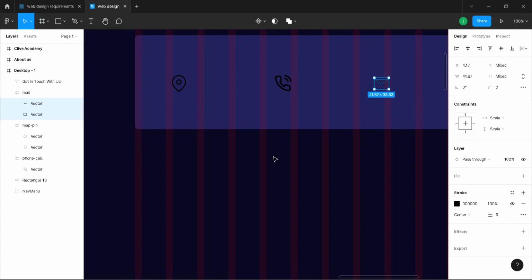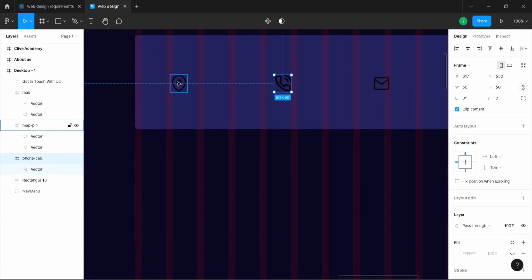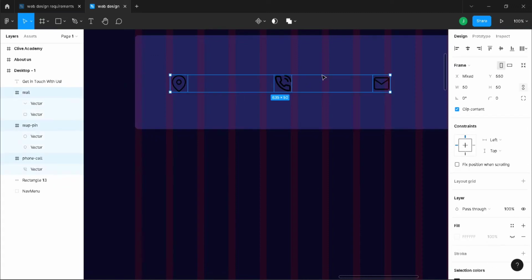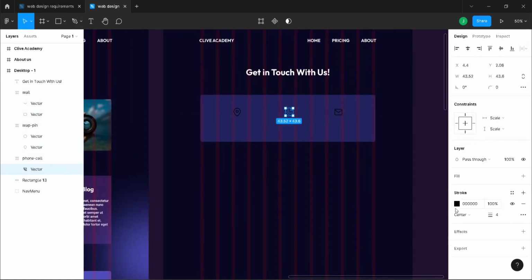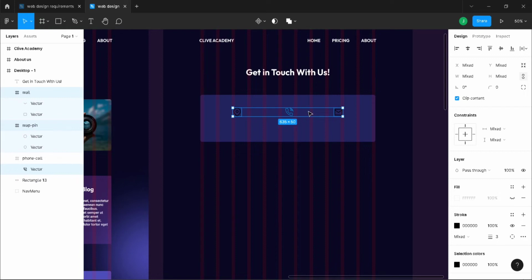I think now it's fine. Wait a minute, I've given 4 for that. Let's make it 3 because everything needs to be equal. I'm going to align them at the center. Oh, sorry, align them properly. Fine then,